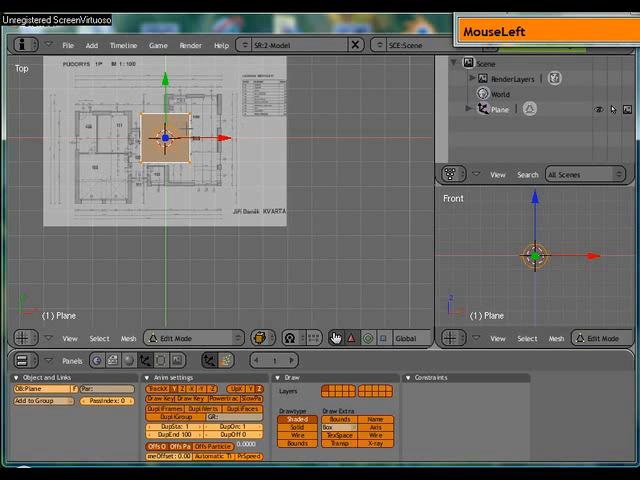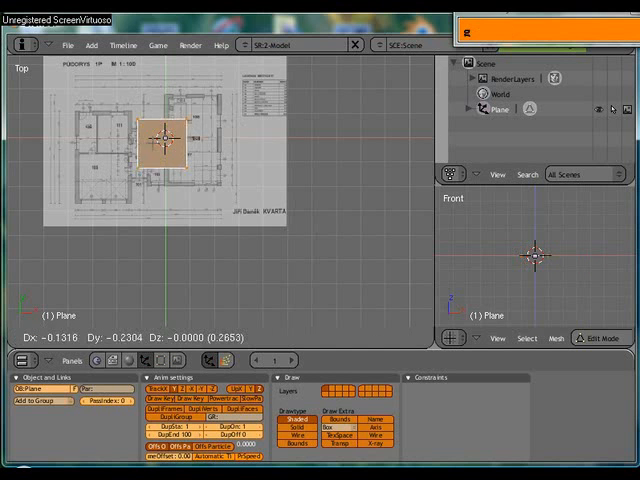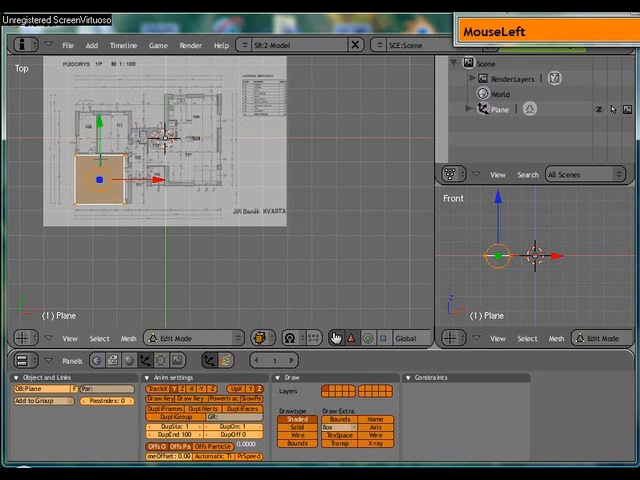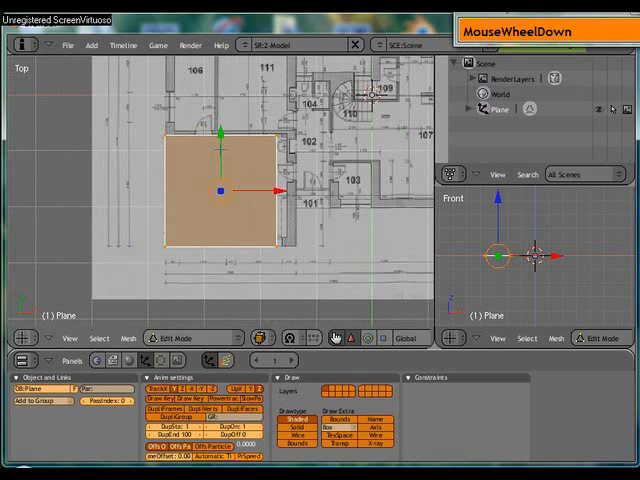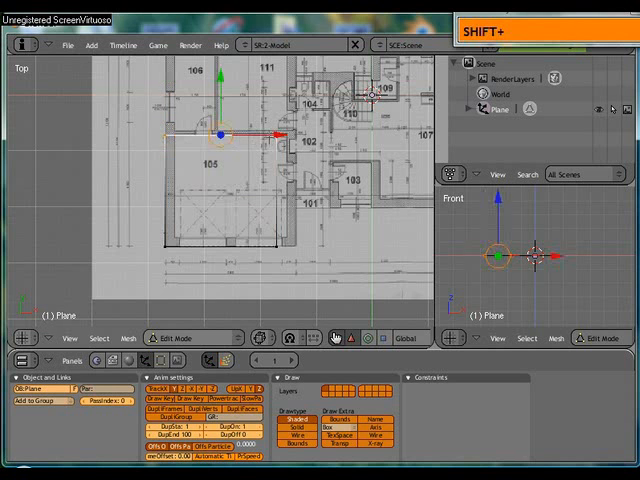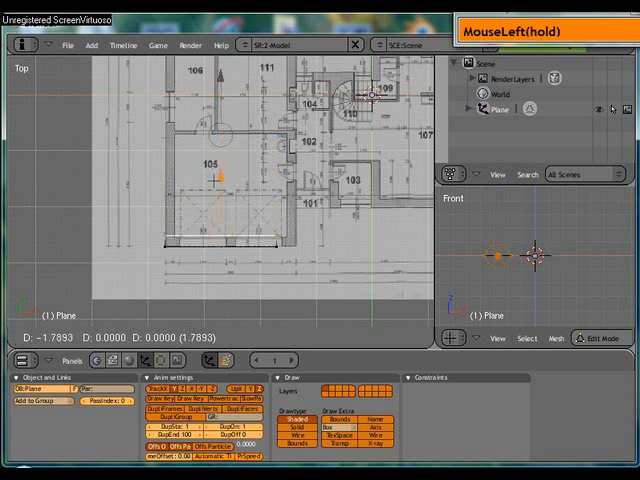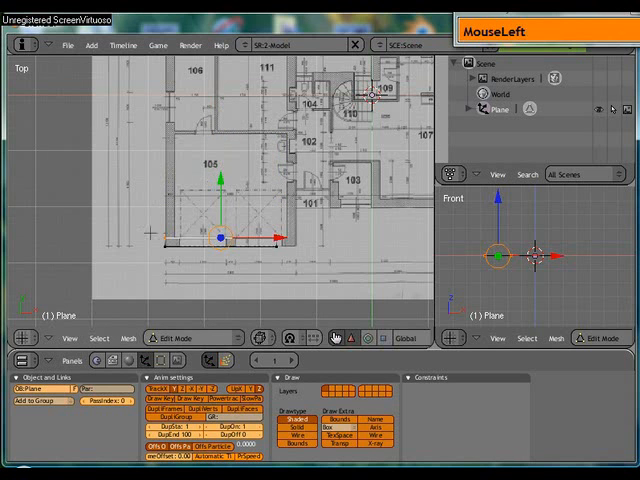The origin of the scene, G for grab, move it down, scale down the selected vertices by using the dot on the numerical keyboard, and I need to go to transparent mode so I can see through to the background image. So I'll press Z and I'll select the vertices and put them to align with the perimeter of the wall,